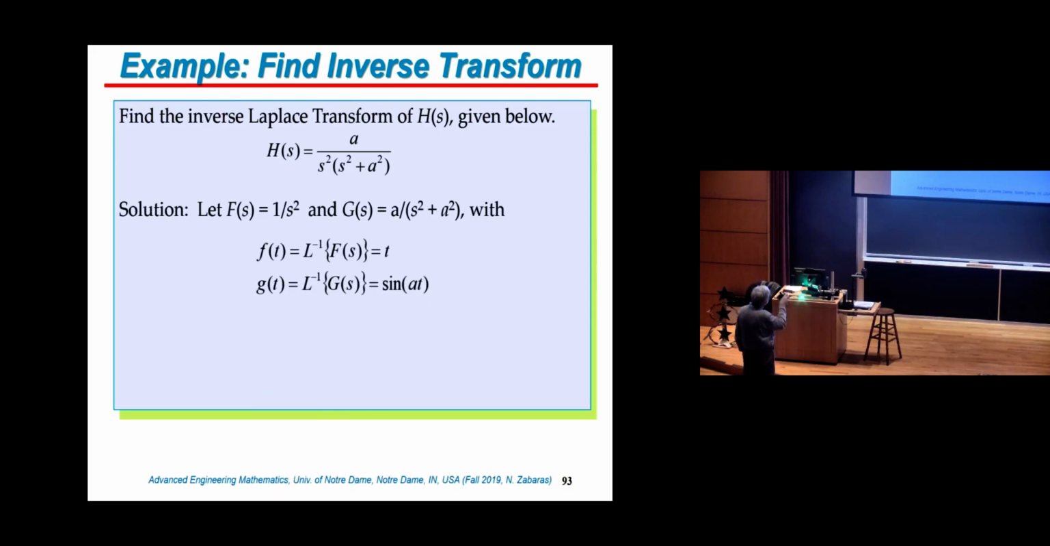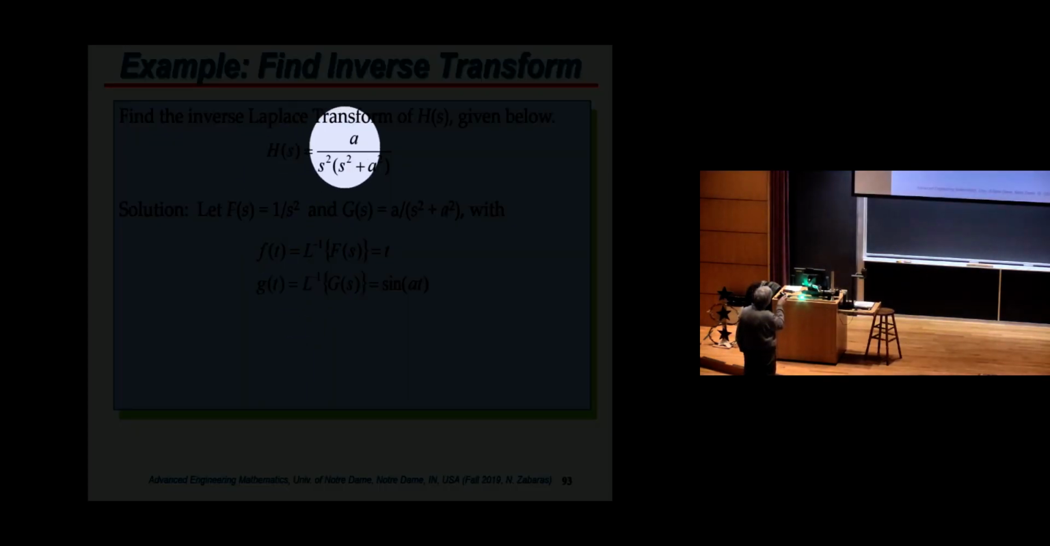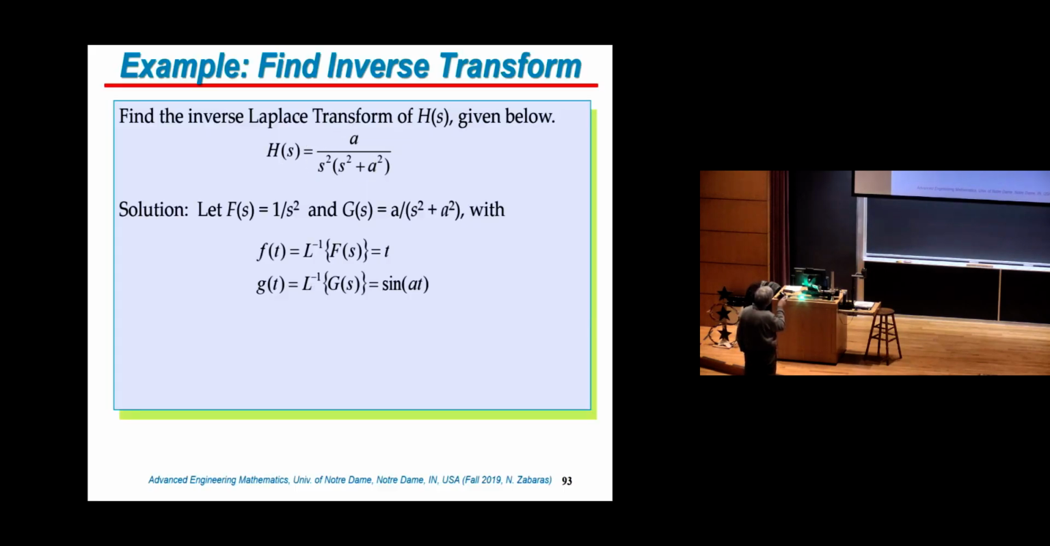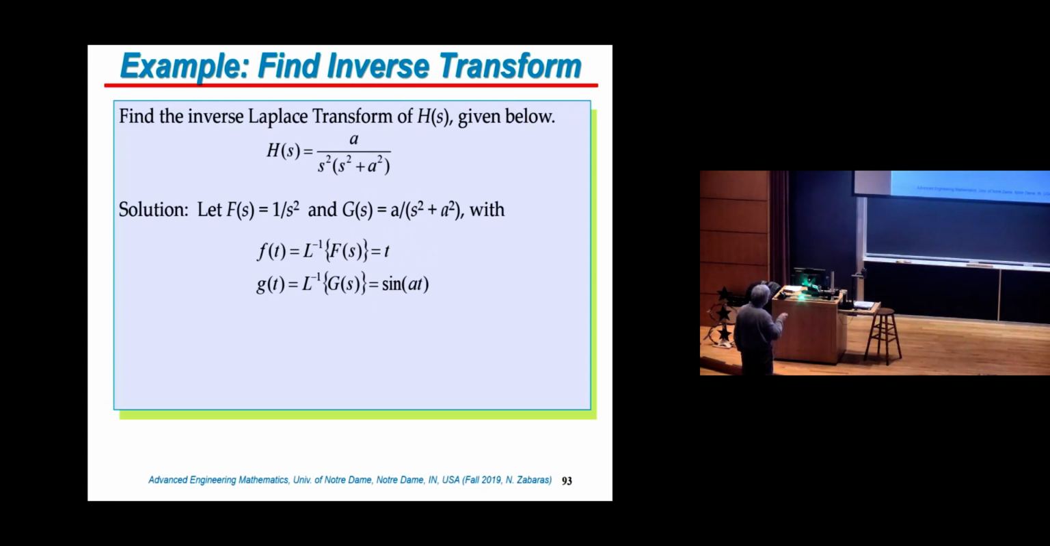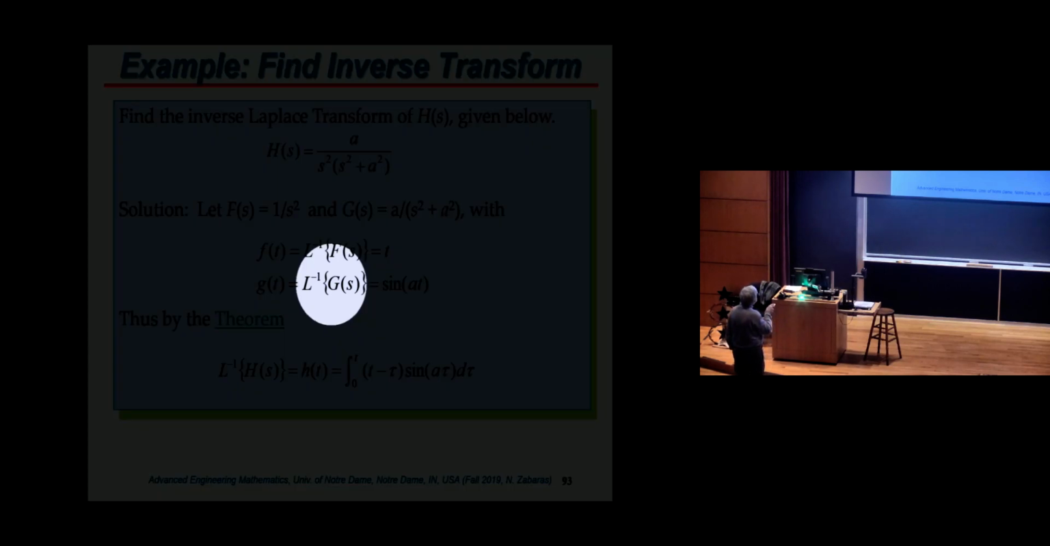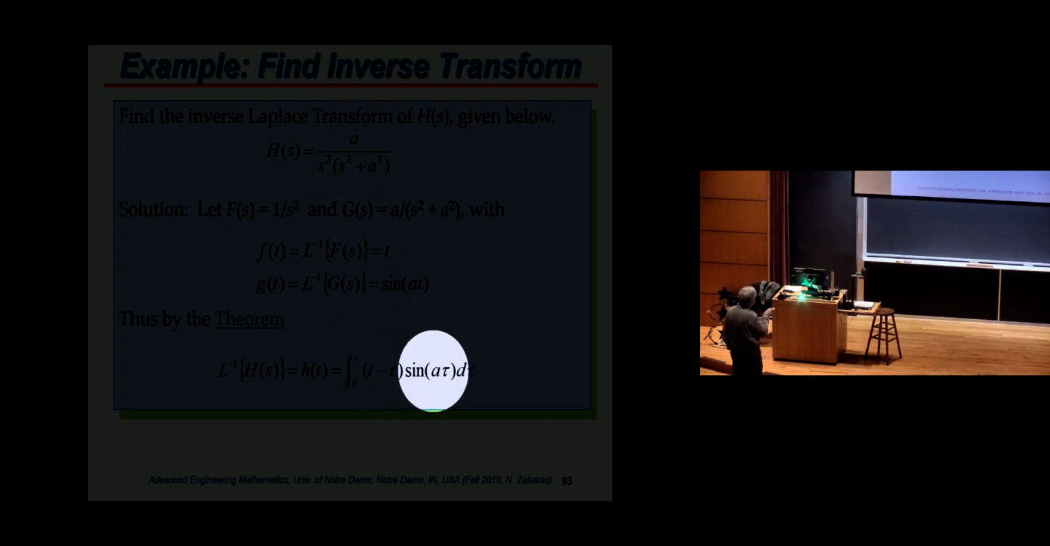All right, so let me do one example. Let's say you want to find the function corresponding to this. You can actually split this as 1 over s squared and a over s squared plus a squared. Obviously, the function corresponding to this Laplace transform is a sine of at. This is a time t. So obviously, you're going to have to take a convolution, and that's the right answer. So the right answer that leads to this Laplace transform is the convolution of t with the sine of alpha